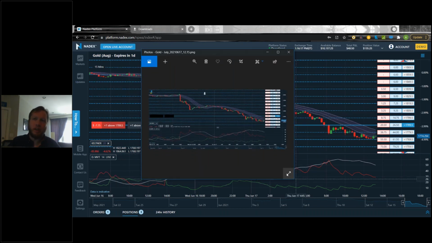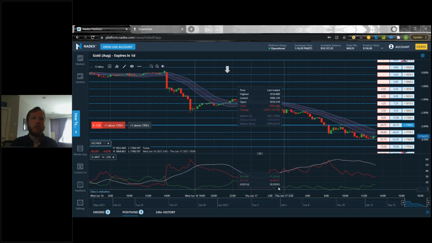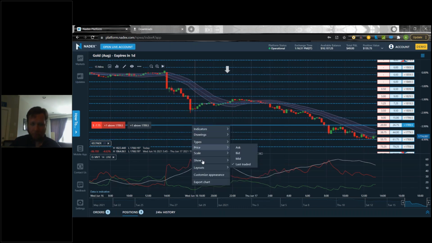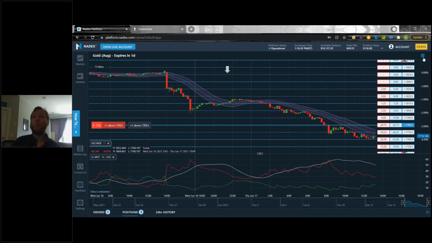So if you really like a certain setup, or you're seeing something that maybe doesn't make sense and you want to send that into our customer service, or you just want to save certain market patterns that you see, you can export the chart images, and it gives you a nice PNG file there as well. All right, that's almost all we have. There is one more thing, so hold on, don't go anywhere.